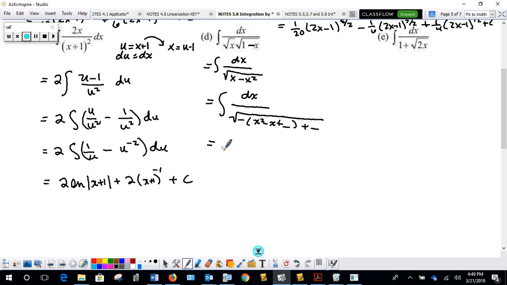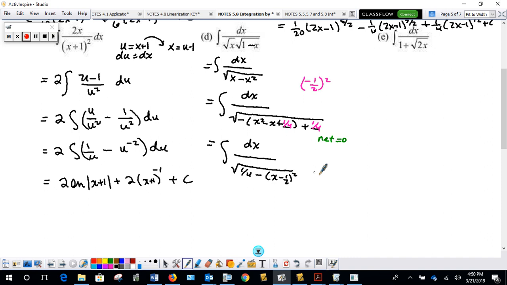We go ahead and figure out what we're going to complete the square. So I have the middle term is negative 1. I divide that by 2 and I square it. So I'm going to add a fourth, which is subtracting. I'll balance with my 1/4 so that my net here is equal to 0. So I'm not changing it. And then it's going to become dx over the square root of 1/4 minus my perfect square, x minus 1/2